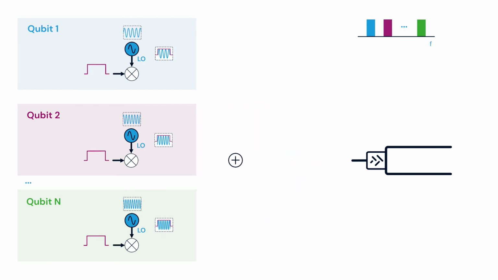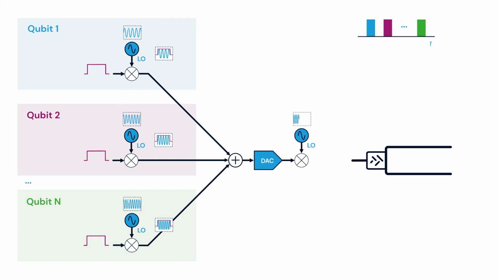We still would have to distribute this microwave signal all over the system. An improved solution would be to sum up the qubit signals in the digital domain, send them to a digital to analog converter, and then multiply a single signal by our microwave oscillator and send it to the coaxial cable. In this way, we obtain a very simple system in which we have a complex digital part for qubit 1, qubit 2, up to qubit n, which are shown here in different colors, and a simplified analog RF part, including one digital to analog converter and one RF oscillator.